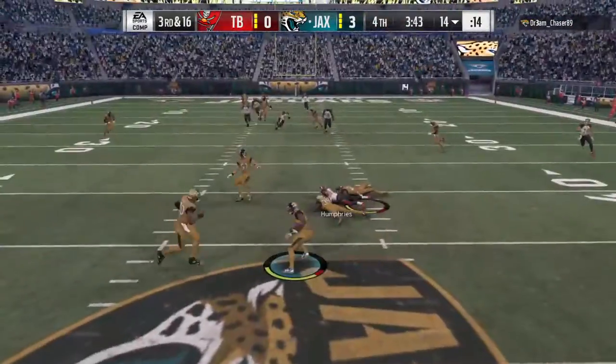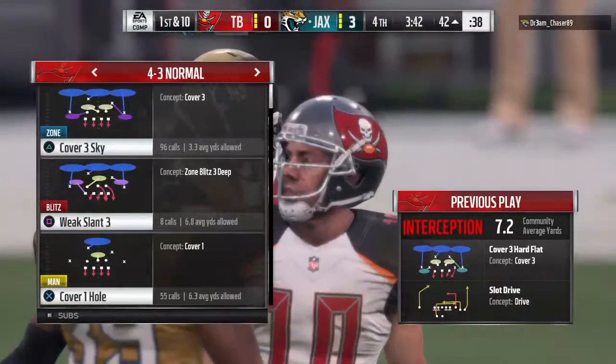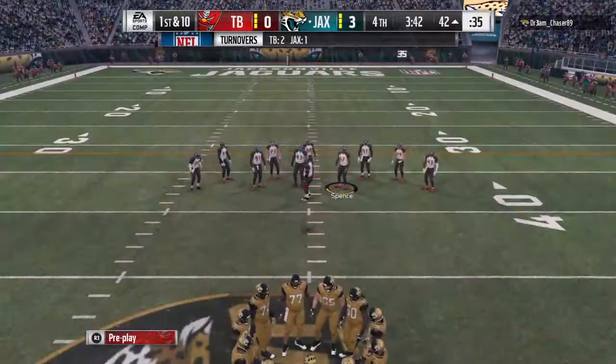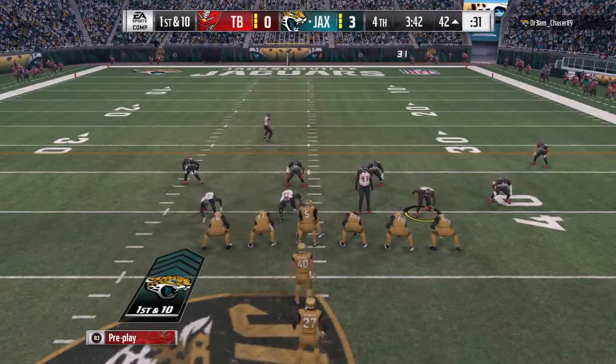Into double coverage, and it's intercepted. Picked up by the linebacker, Miles Jack. And they will set up shop in enemy territory at the 42-yard line. This interception will go on the record of the quarterback, but as a receiver, you've got to understand where you